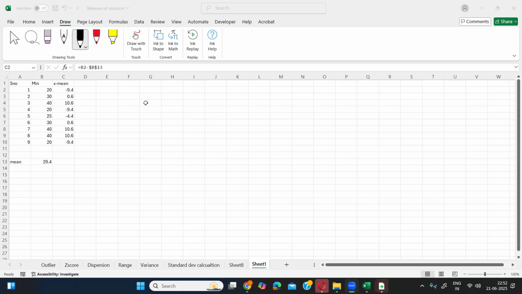Okay, the next part of the formula, as I said, this minus, right? The minus is actually something we don't require. Minus indicates it is going in the negative direction or path. We don't need the direction. We are only interested in this 9.4. So we are going to do x minus mean whole square